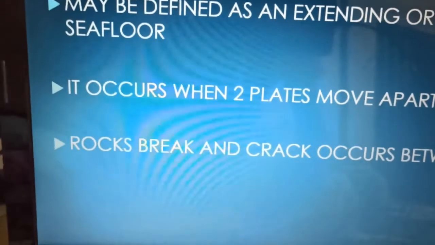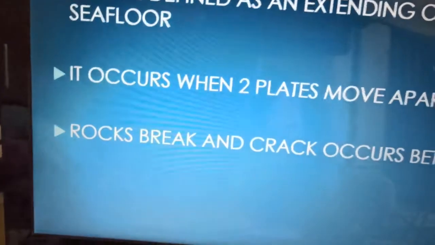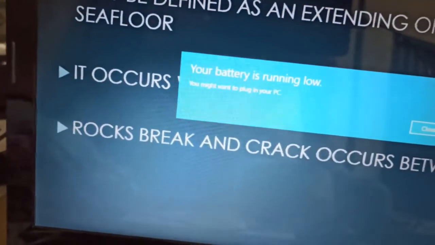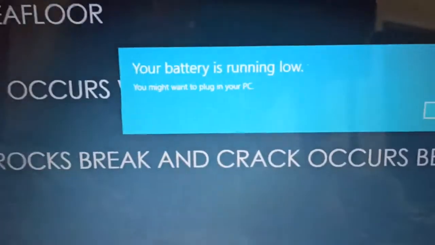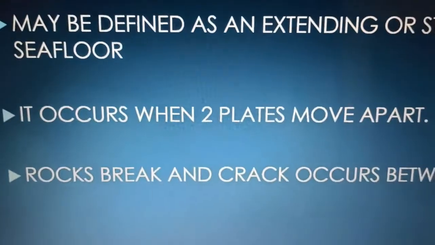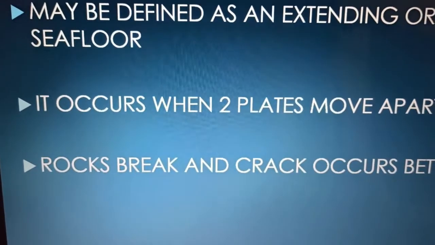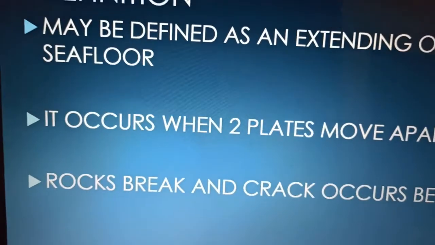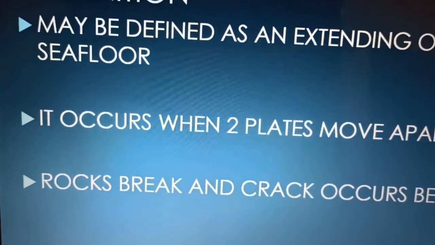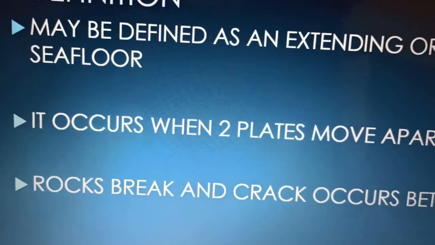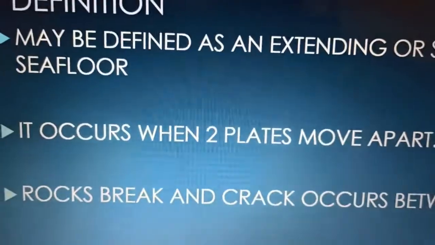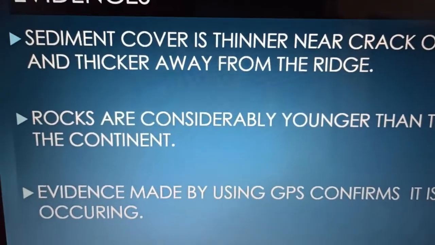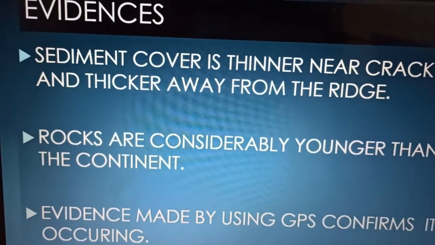This concept of sea floor spreading was developed by H. H. Hess, an American geologist, in the year 1960, and this theory tried to explain how the continents move. The British geologists F. J. Vine and D. H. Matthews proved the theory of sea floor spreading. There are some evidences put forward in support of this theory.